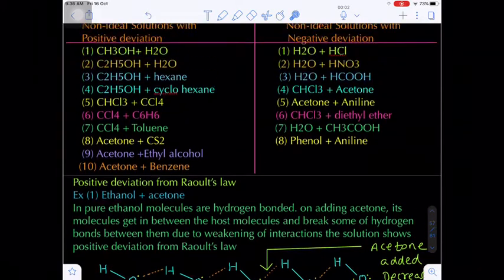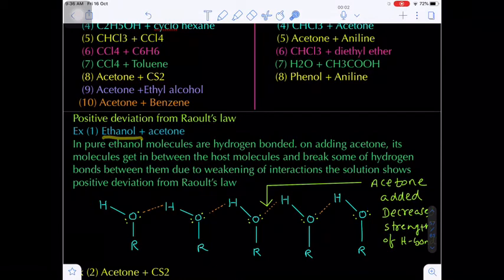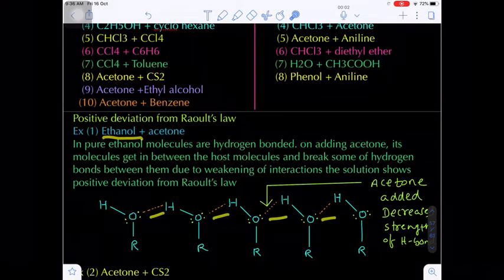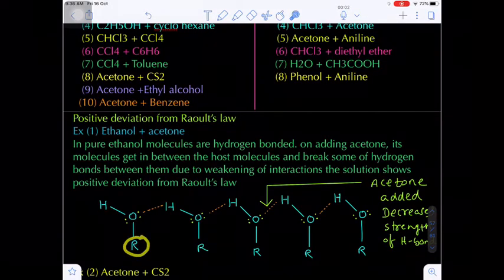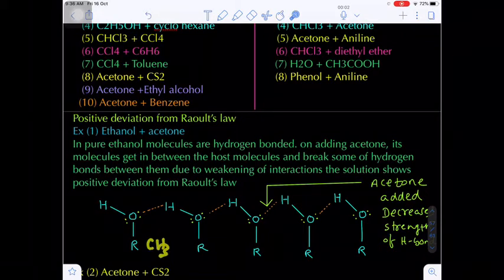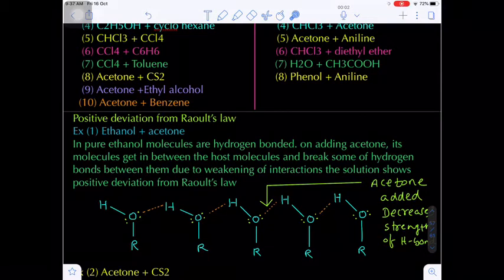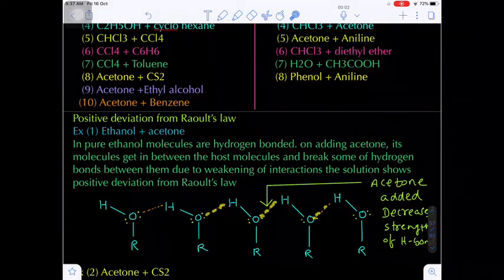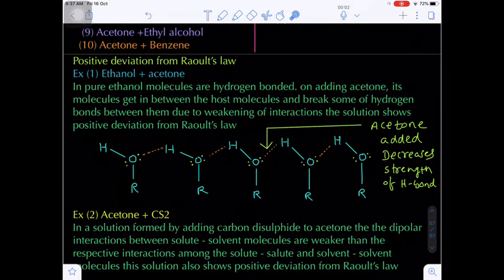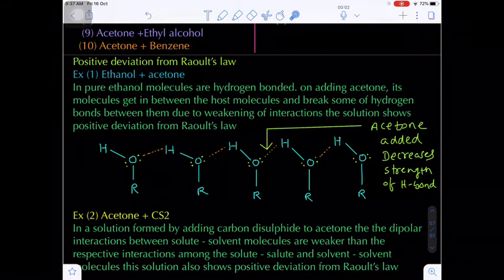Now, do you know ethanol? That is an alcohol. If you see methanol, if you see ethanol, whatever the alcohol, okay. Now the alcohol has intermolecular force of attraction, hydrogen bonding. Yes or no? In this alcohol, I am taking R. R is any alkyl group. If you take the methyl group, you will get methyl alcohol. Otherwise, if you take the R value as ethyl group, you will get ethyl alcohol, that is ethanol. Now, these are the intermolecular forces of attraction between the alcohol molecules. These are the hydrogen bonding forces. Which forces? Hydrogen bonding forces.